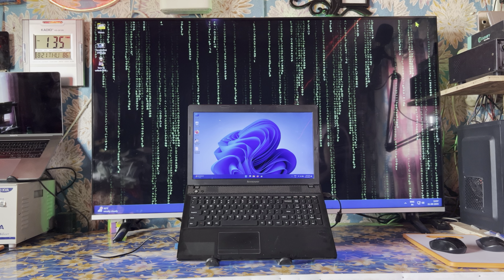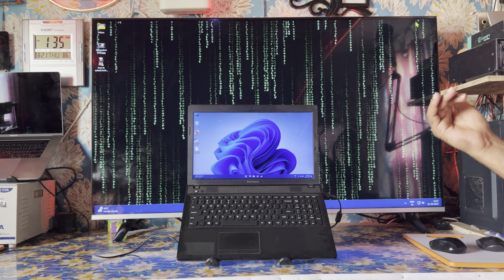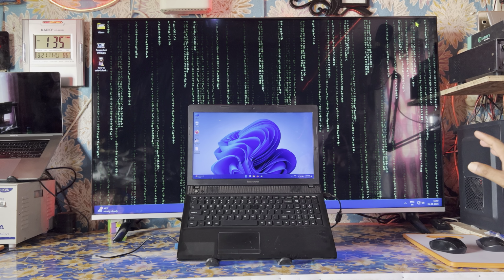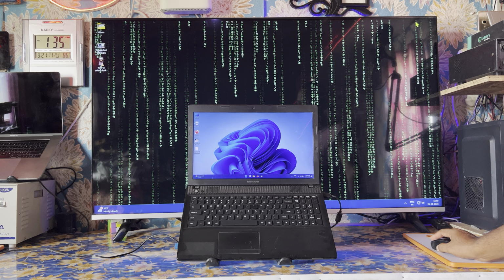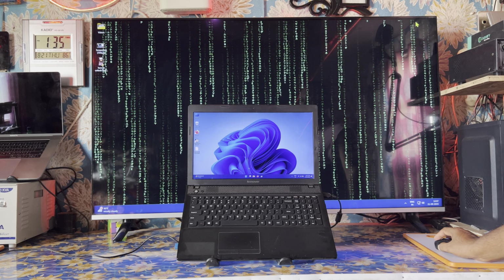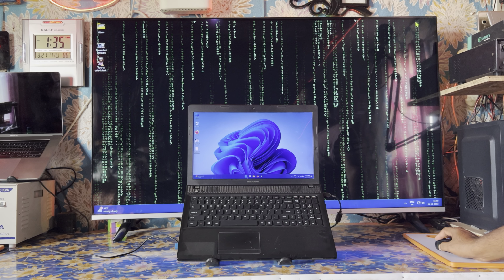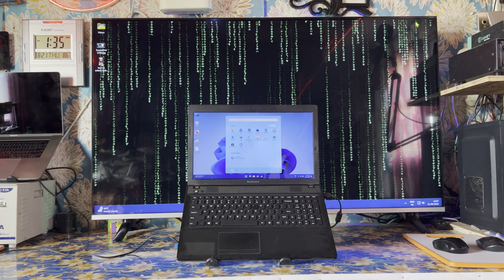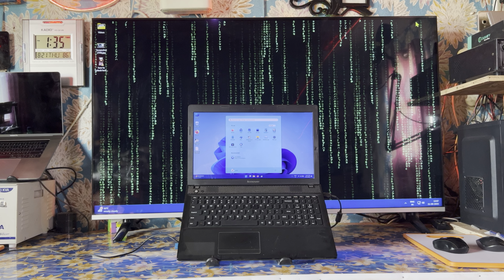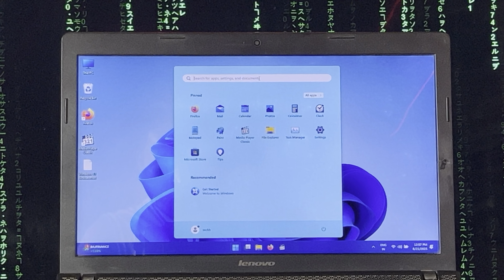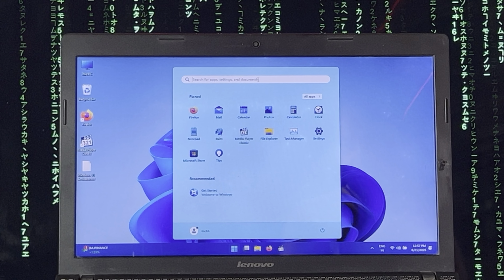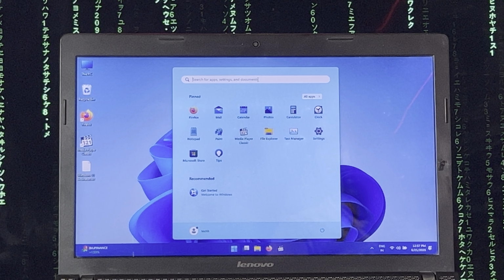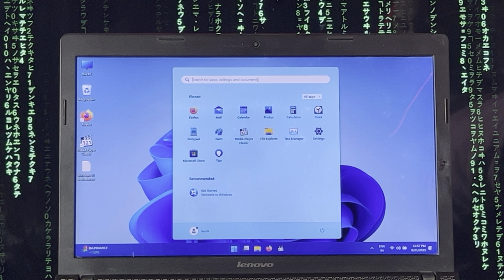Whether it is a Wi-Fi, chipset, or graphics driver, all the drivers can be installed with one click after downloading. So simply, we will come to the Windows search bar. Let me zoom in so that it will be more visible for you. Here, we will write